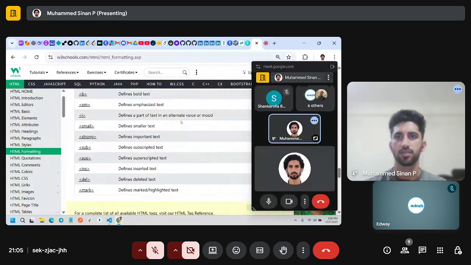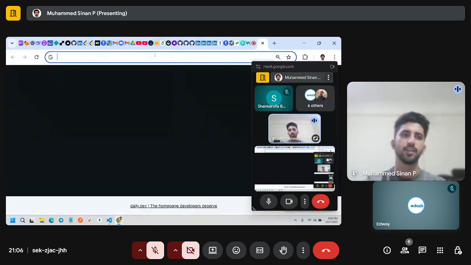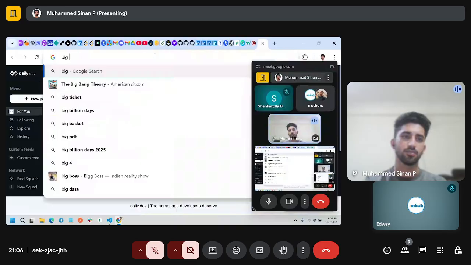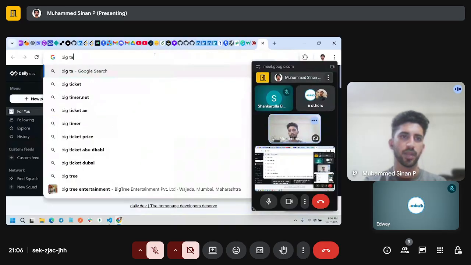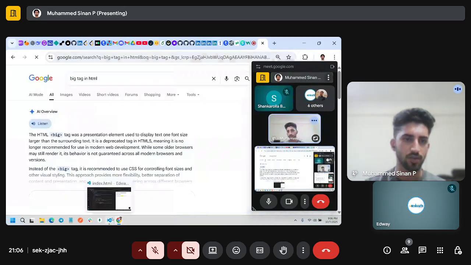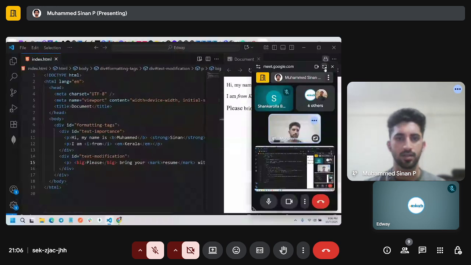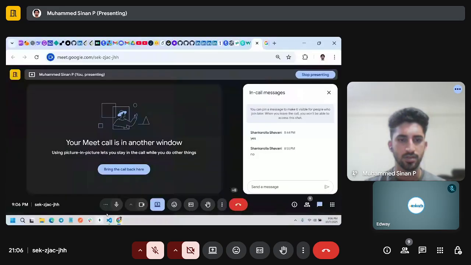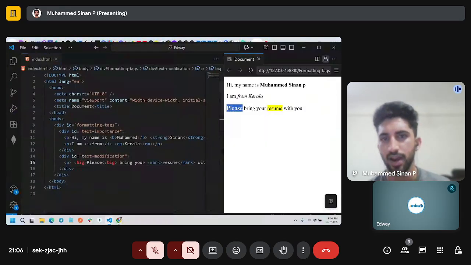Like I said, you don't need to memorize all these tags. Big tag in HTML. Yeah, it's big itself. So if I put this inside, you can see this word becomes comparatively big, right?